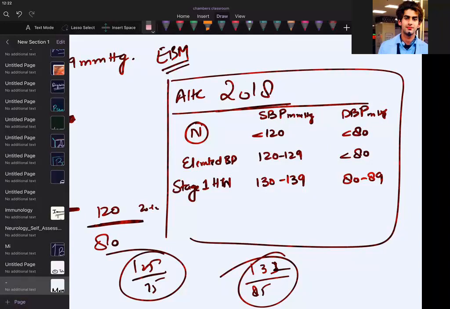As a doctor, you should be maintaining that patient's BP at less than 140 by 90. If there is an elderly patient whose age is greater than 60 years and does not have chronic kidney disease or diabetes mellitus, his BP should be less than 150 by 90. The goal BP for elderly patients greater than 60 years who have chronic kidney disease or diabetes mellitus or both should be less than 140 by 90. You have to maintain his BP with drugs at less than 140 by 90.